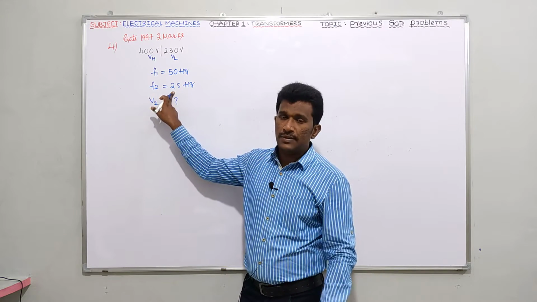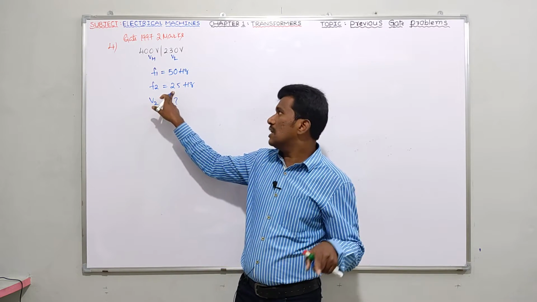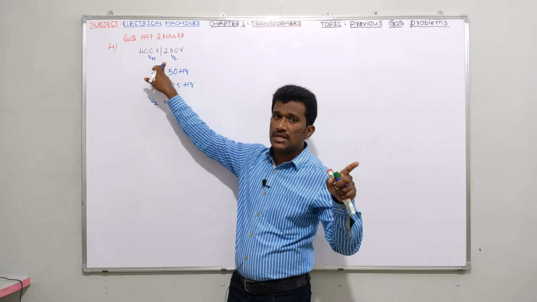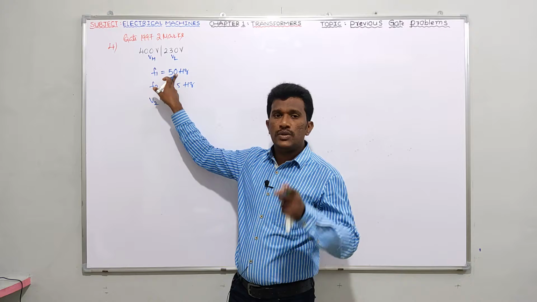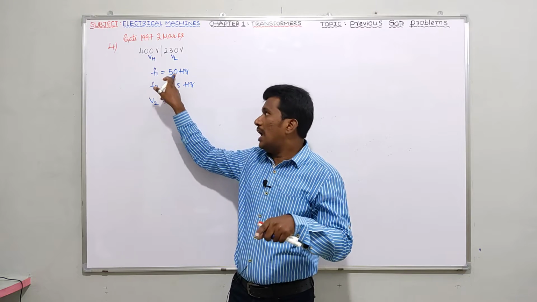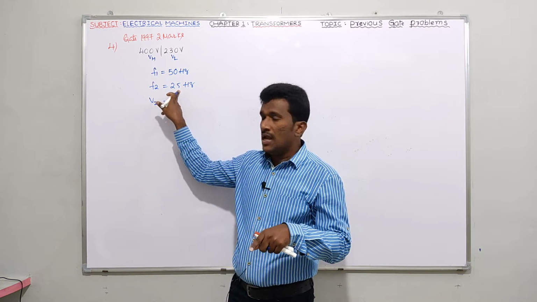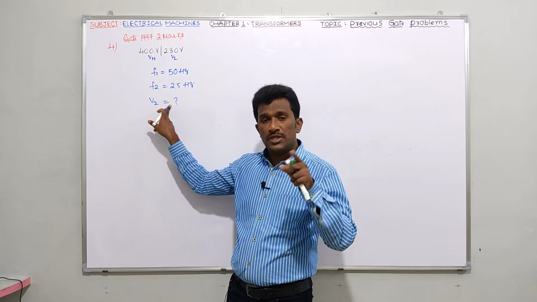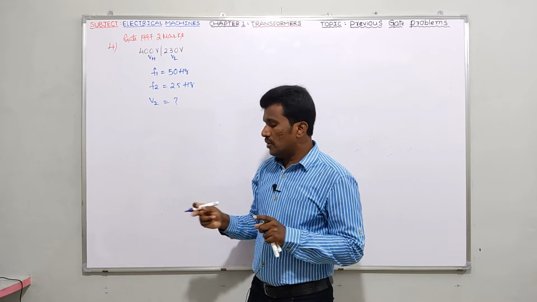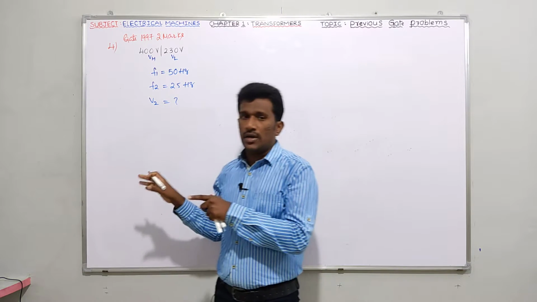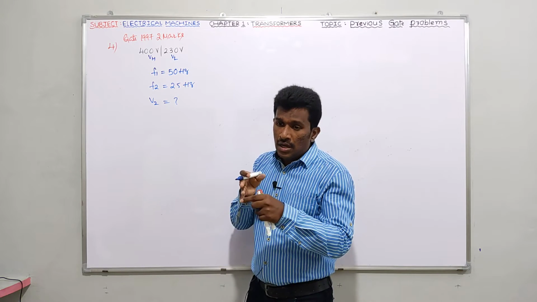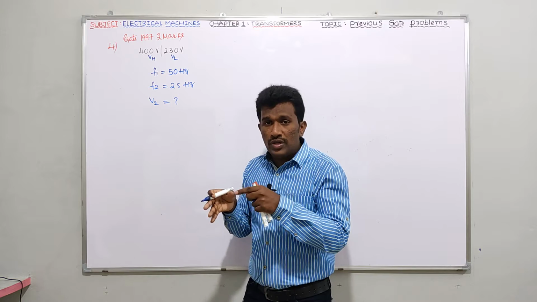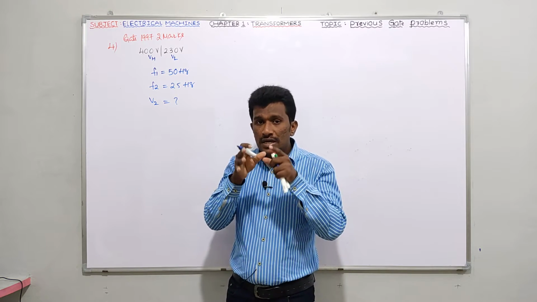25 Hertz. That means initially he has given a V1 supply, and for the V1 supply the frequency is 50 Hz. Now he is going to operate the transformer on 25 Hertz, and he is asking what the supply voltage should be. First of all, guys, you should know what the V1 value is. You have to decide what the V1 value is, meaning initially this transformer is connected to which supply. That is very important for us.